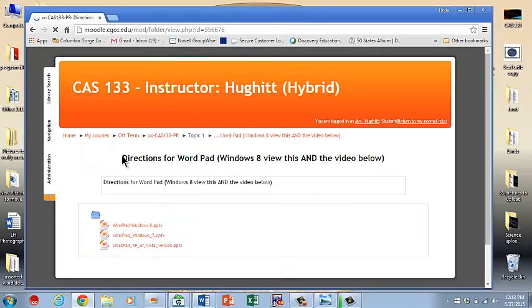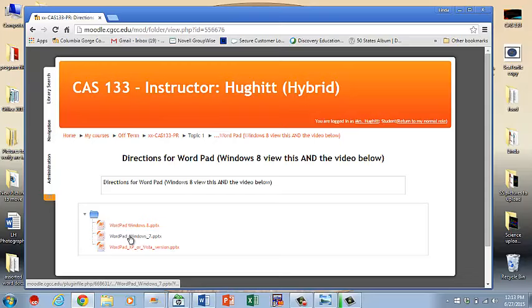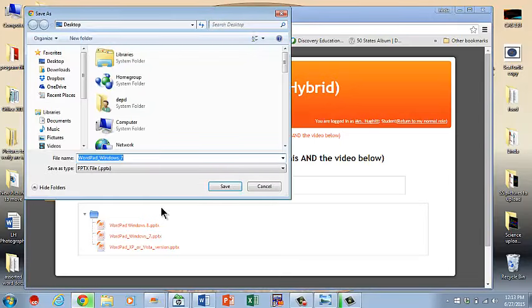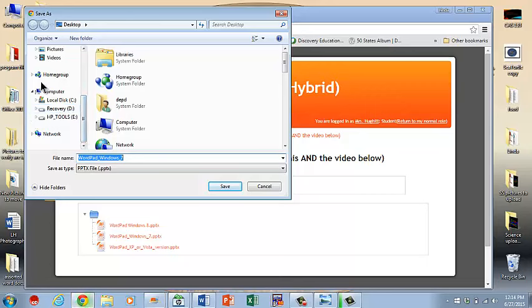Now, I wanted to show you one other trick. One thing you can do to get these downloaded, if you're not quite sure how, is right-click and save link as or save target as. It depends on your browser to which one it calls it. And that will then bring you up a box that lets you control either putting it on your desktop or going down and putting it on your flash drive to save it. Then you can view it.